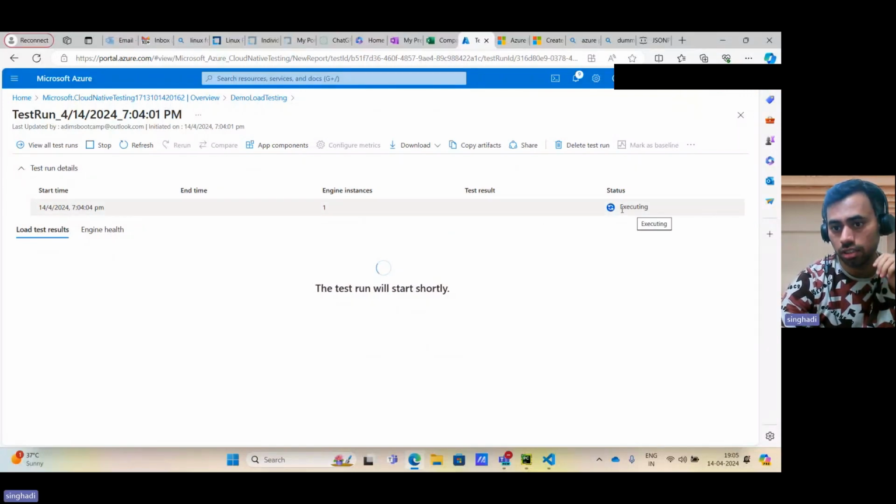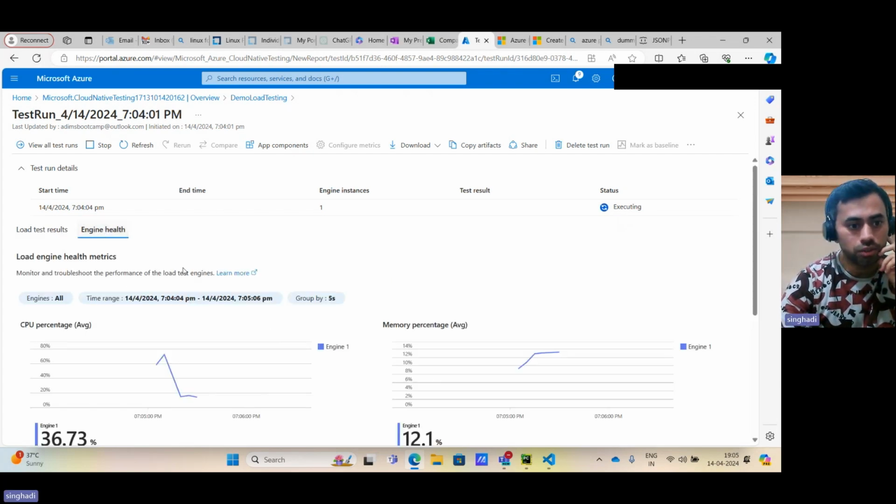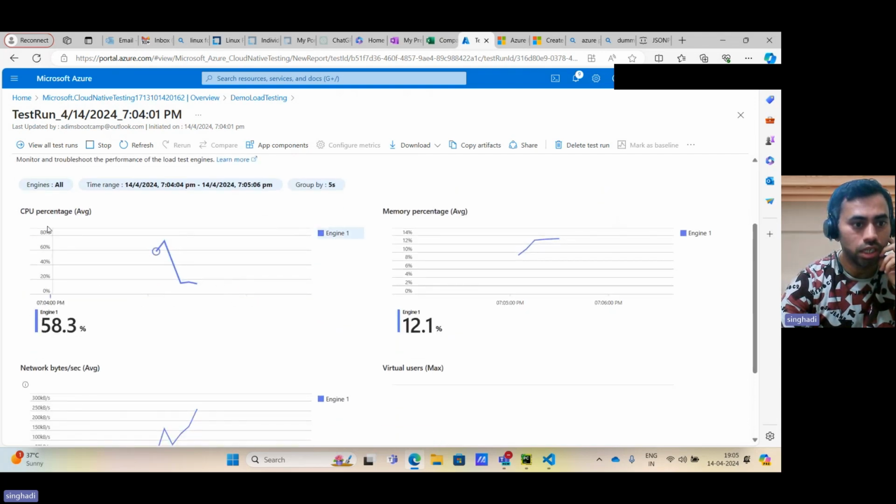Now you can see it is in the executing state. That means test case execution has been started, and we will see some kind of dashboard or something like that. So let it execute. Since I have given, I think, two minutes. So let it execute, and you can see CPU percentage as well, memory percentage,